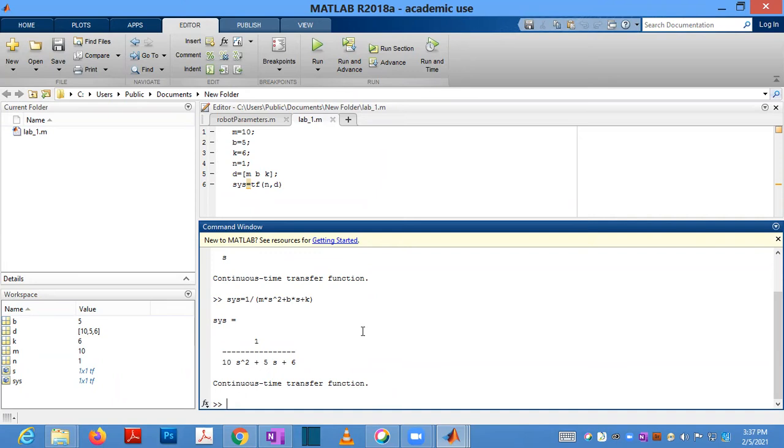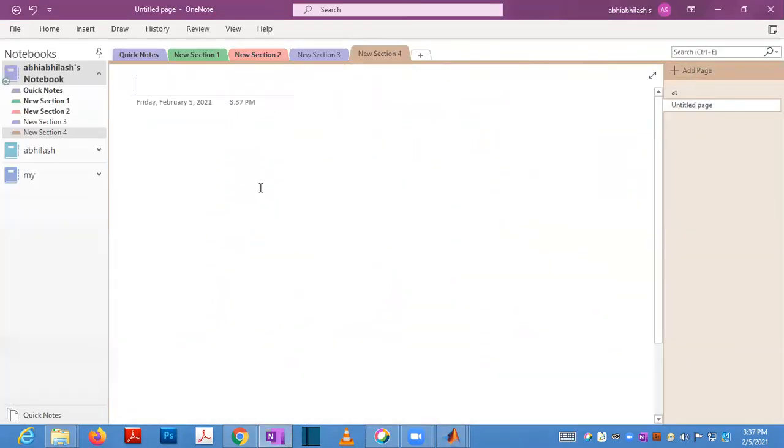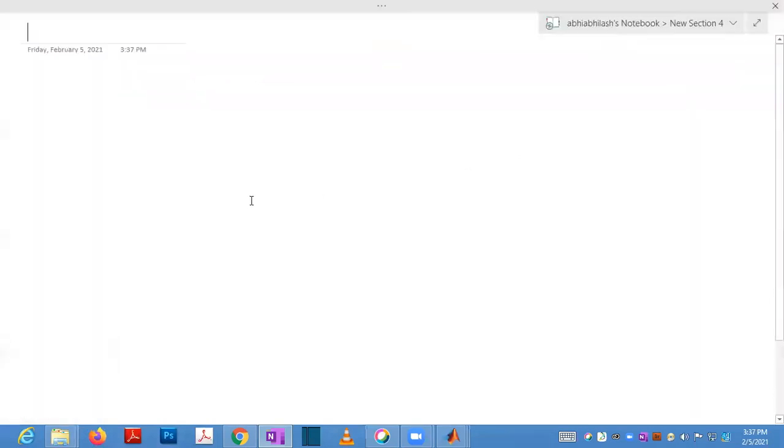And if you want to plot the step response, so what do you mean by step response is, you have to add a step input.